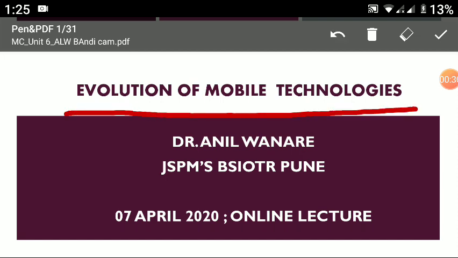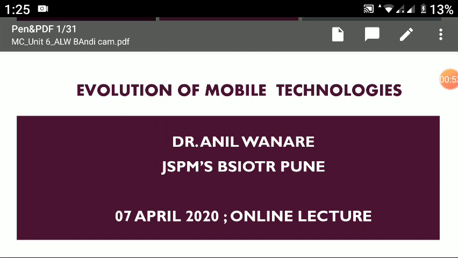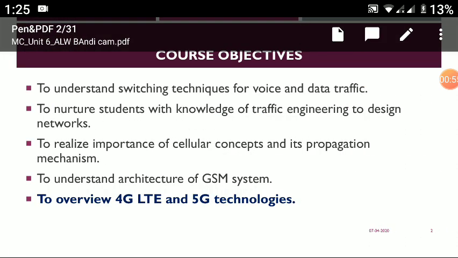Actually, evolution is nothing but, you are very well known about this particular word. Evolution, or you can say in Marathi, Utkranti, in the mobile communication technologies. Actually, the objective of this particular course or unit, by attending this particular lecture, then